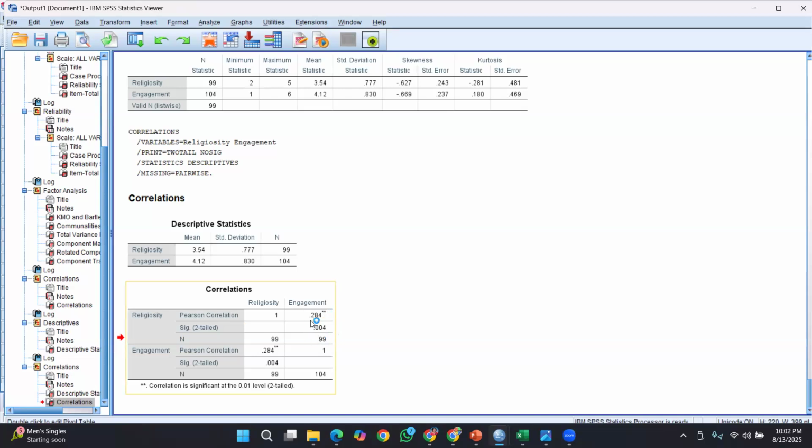And this significance value will be tested in order to highlight it with this value. So this one says that the correlation is significant at 0.01. Then it's a positive relationship. Based on your interpretation in chapter 3, you can write it clearly, and you have to report this p-value.